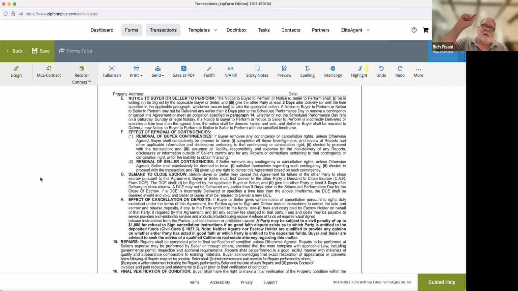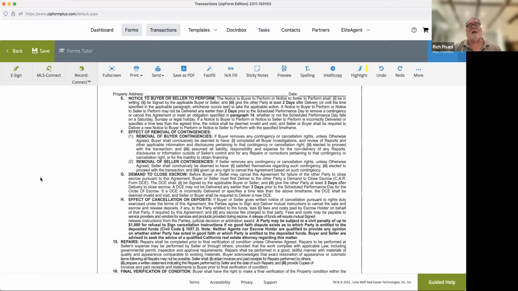So once that cancellation is sent, the contract is canceled. What's then in question is what to do about the deposit. Now, if both parties sign and agree on what to do about the deposit, then it's all great. But if somebody is disputing the right to give somebody else the deposit back and they don't sign, then it has to go to mediation. And you just have to let it go to mediation and have them determine it.